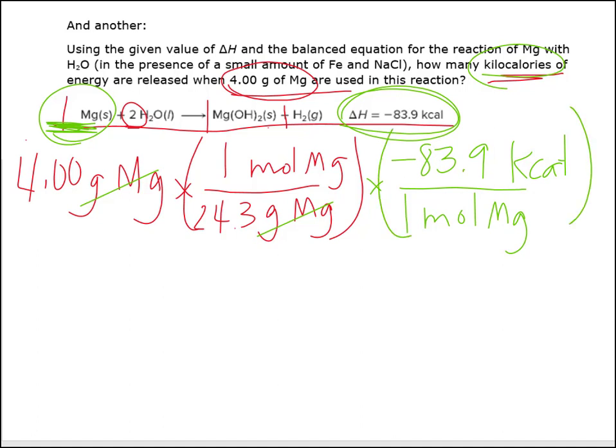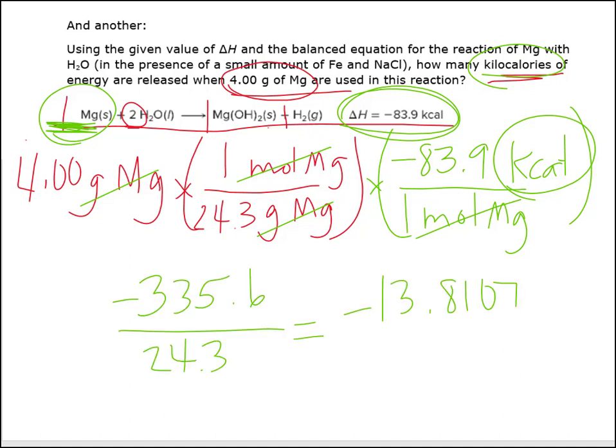Okay, so that means that my moles and moles will cancel and I'll be left with kcals. So we're going to multiply all across the top, and then we're going to multiply all across the bottom, and we're going to do our total top divided by total bottom. So I'm going to do 4 times 1 times negative 83.9, and let's see what we get. And when I did my total top, I got negative 335.6. My total bottom was 24.3, and then that top divided by bottom, I got negative